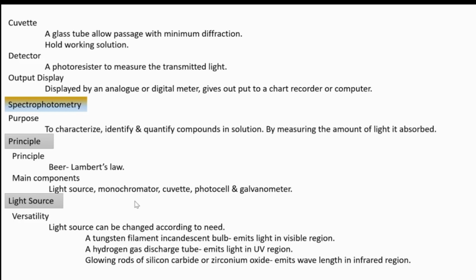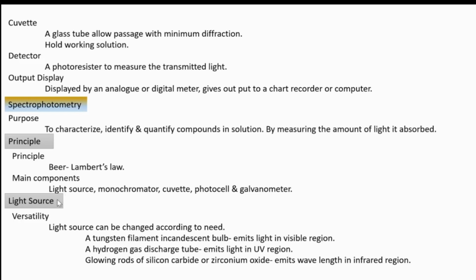Monochromator, as the name shows, mono means single. It selects a single wavelength out of many wavelengths. That is simply what a monochromator is. It allows the passage of only one particular wavelength. Before going to that, I want to ask you, what is actually color? Simply, colors are nothing but light of different wavelengths. As the wavelength changes, the color also changes. That we need to keep in mind.